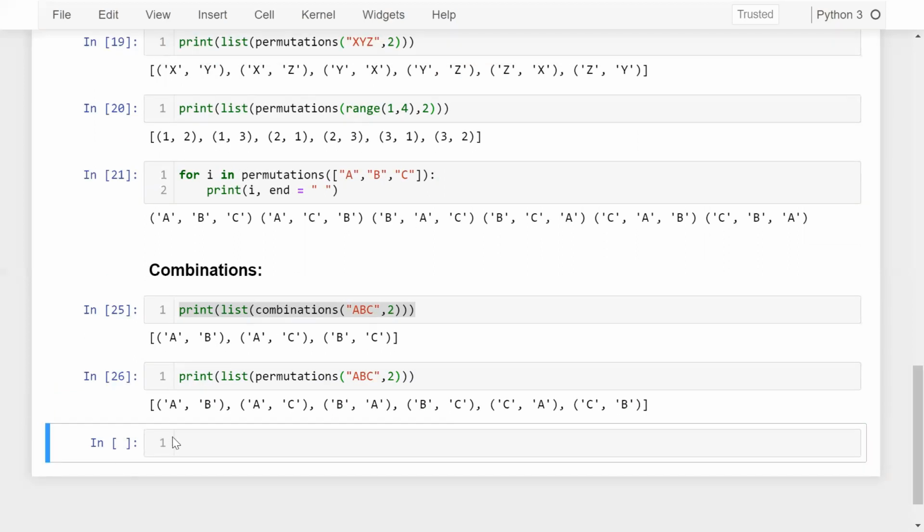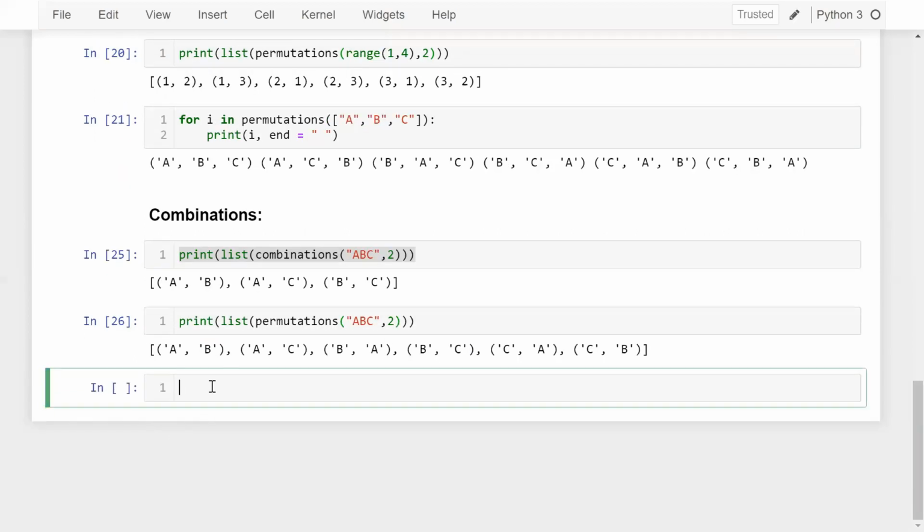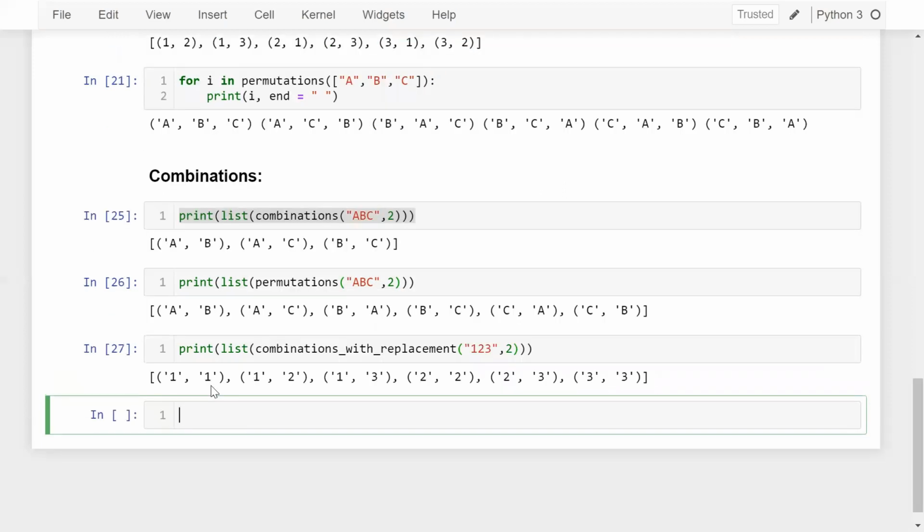Let's take another example based on combination with replacement. Let's say I'm going to use print and list, and I'm using combination with replacement, and here I define a string, which is 1, 2, 3. It could be anything, with 2. So what is happening here?